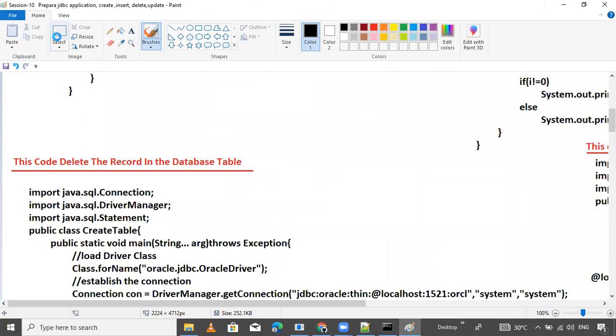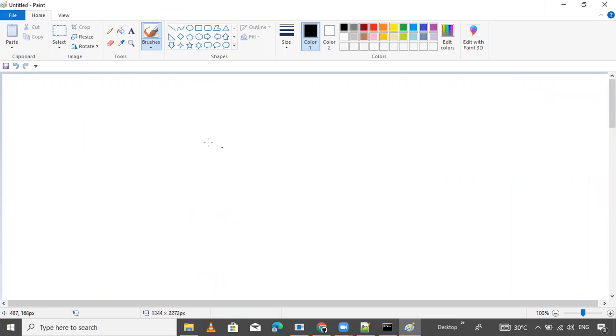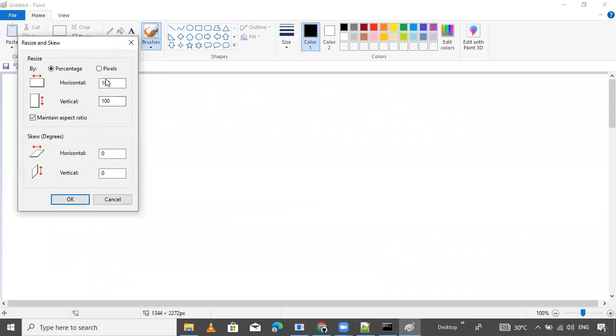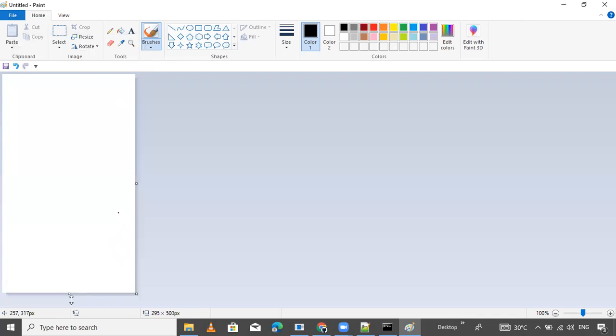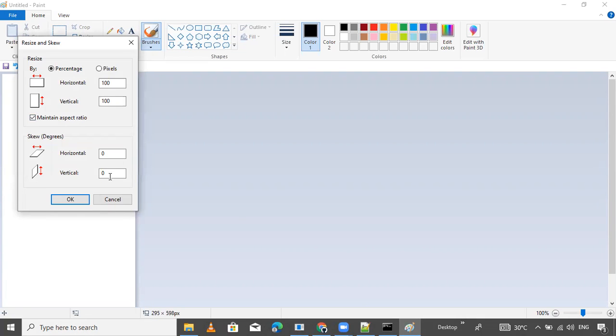So I want a new file. Won't save it. Okay, I want to resize. I want like 5,000 pixels wide. Resize. Oh no, horizontal.